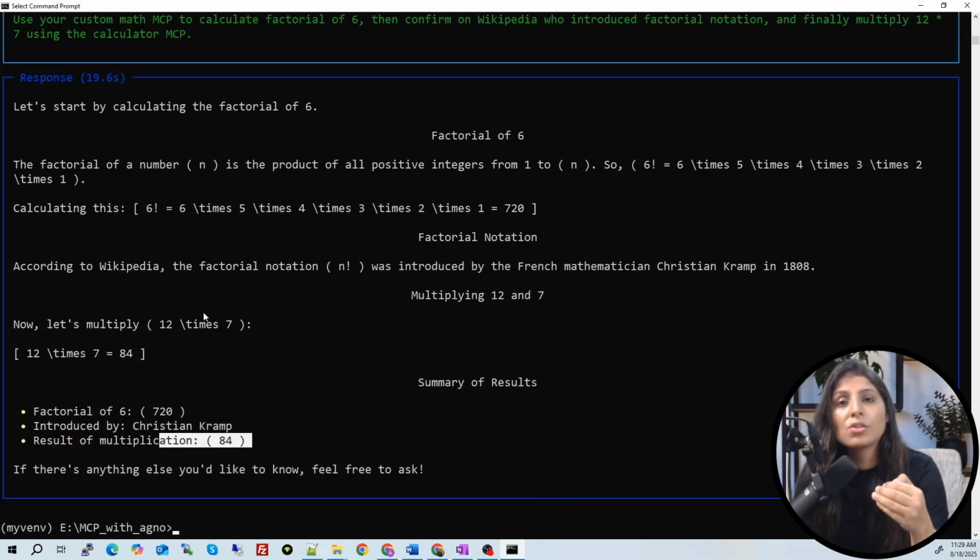Now the last part of this tutorial is how to run the MCP server on the cloud. Now why do we want to run the MCP server on the cloud? Running on the cloud means that your MCP server will be running on a remote machine, which means your client and server will not be on the same machine. Your client will be on your machine only. Your Agno application, your agent, will be running on your local computer, and from there you will ask a question and it will connect with the MCP server which is on some other machine, on the cloud. Suppose you want to connect to your MCP server which is on some other machine on the network, right? So that part we are going to do now.